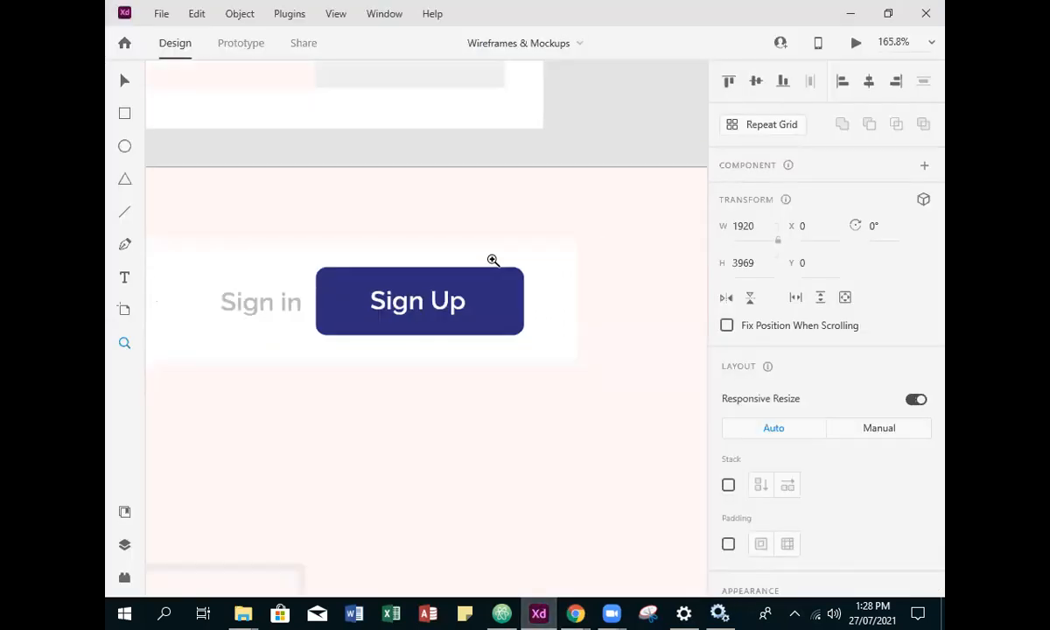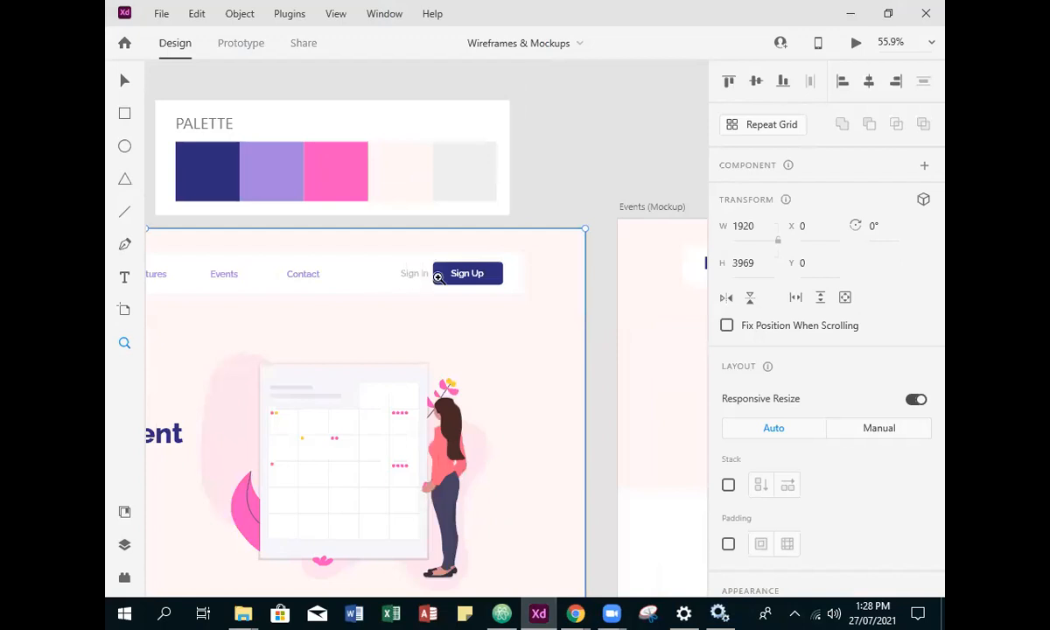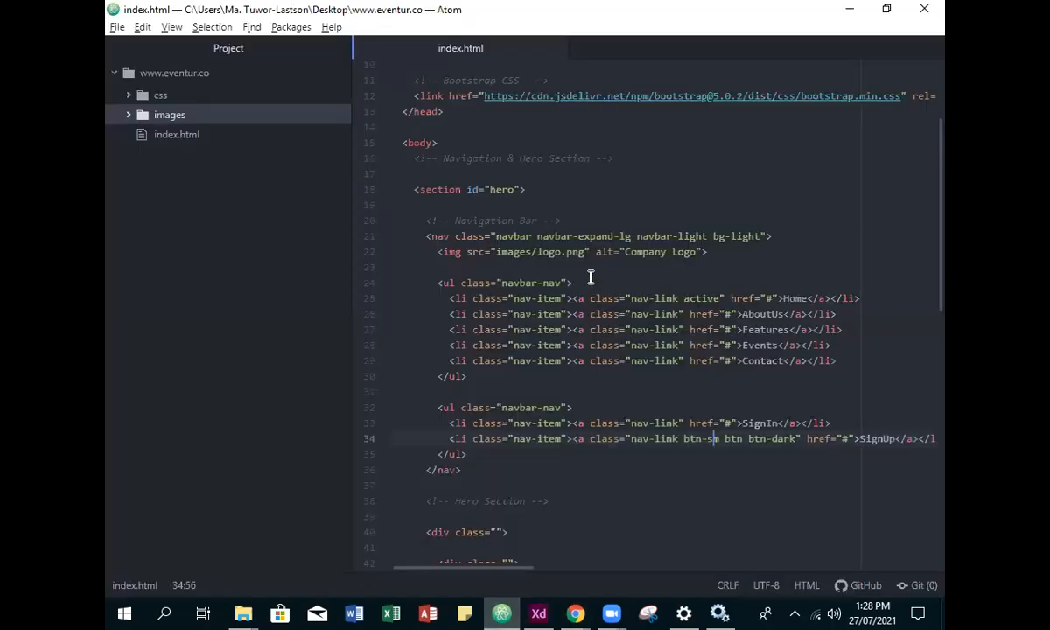where we have some link in the center and some on the right. Then we have the logo on the left, just the same way we have it in our design. So we go back to our editor, and the next thing we want to do is we want to create